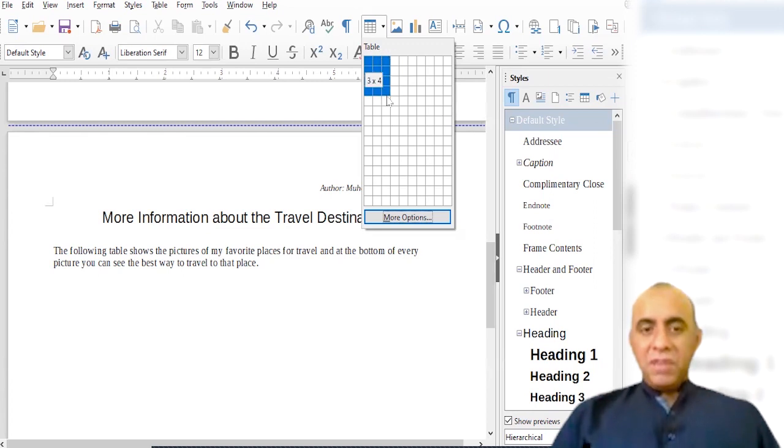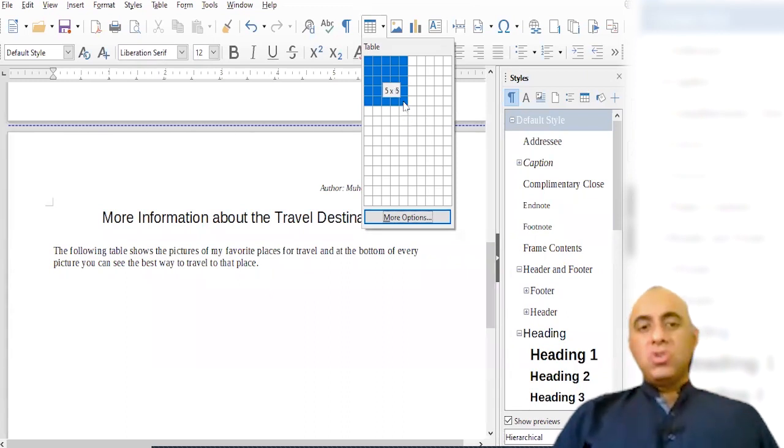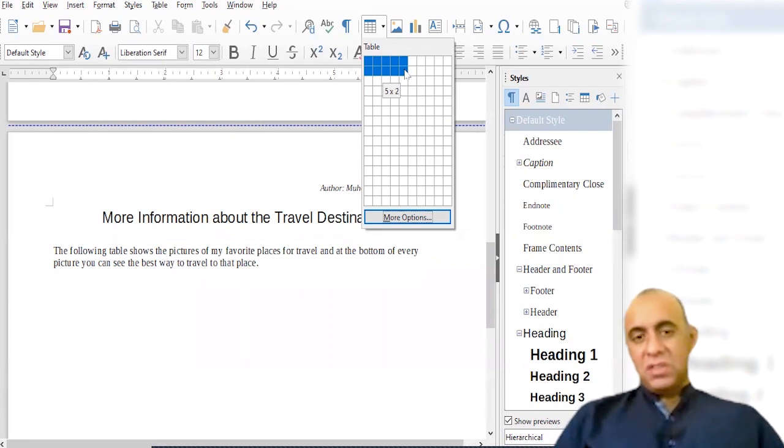So for example, I'm going to place 5 columns for 5 different places, and I'm going to use the first row for the place name, the second row for a picture, one famous picture for that place, then how you can get to that place, and then the province.